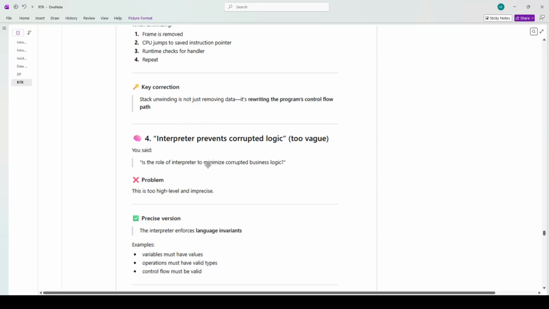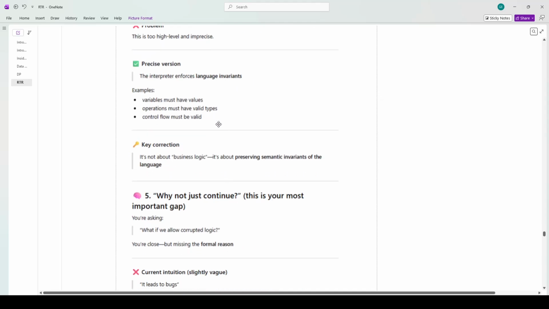Number 4, interpreter prevents corrupted logic. Too vague. He said the role of the interpreter is to minimize corrupted business logic. Problem: this is too high level and imprecise. Precise version: the interpreter enforces language invariants. So it's like the single source of truth of a database. Examples: variables must have values,